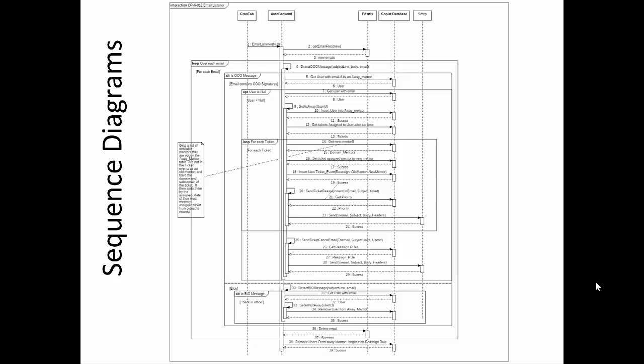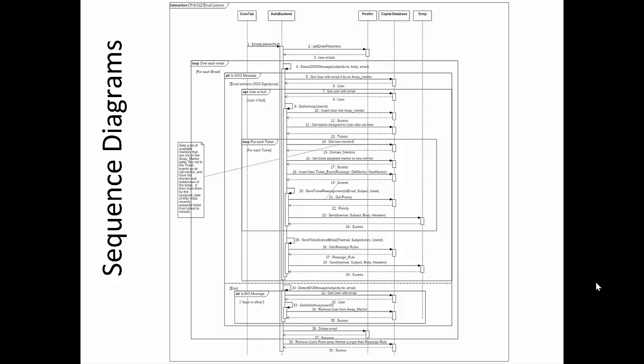Then it inserts that new ticket event with the reassign event type, old mentor, new mentor. It then sends the ticket reassignment email to the new mentor using the priority and the SMTP send. And then it will keep doing that for each email. Once it has done that for each email, it sends the compiled list of subjects to the old mentor saying that these